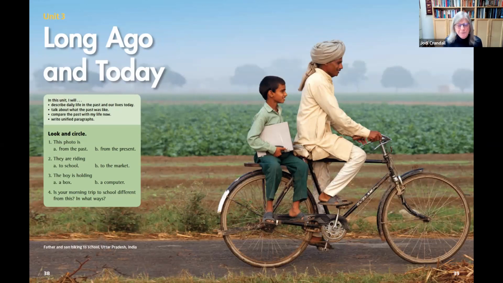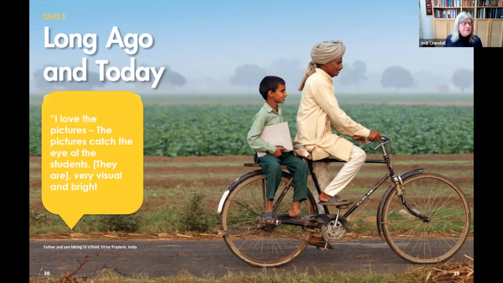These are not just pretty pictures. They are incredibly important photos with high impact, which draw the students into the content. And we know from research that students who are more engaged actually learn more. They want to participate more. And those songs that Joan just went over, obviously students will participate, but they can even participate in looking at a photo like this and thinking about what that means there, but also what it means to their own lives. And here's what one of the teachers said.